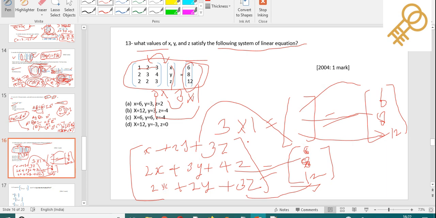So with the help of the given equations, you can find out the value of x, y, and z. You can do one more thing: eliminate option by option. Consider one option and put the values of x, y, z in all the given equations, and check whether you are getting the right-hand side or not. If you are getting it, then that will be the correct option.